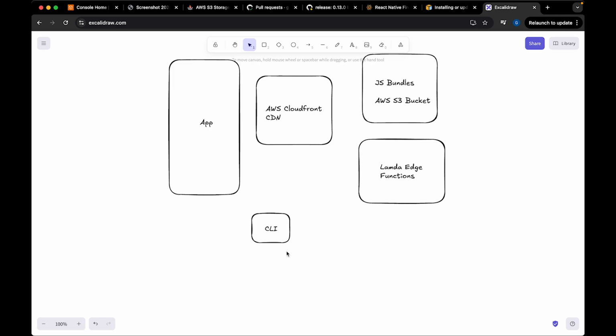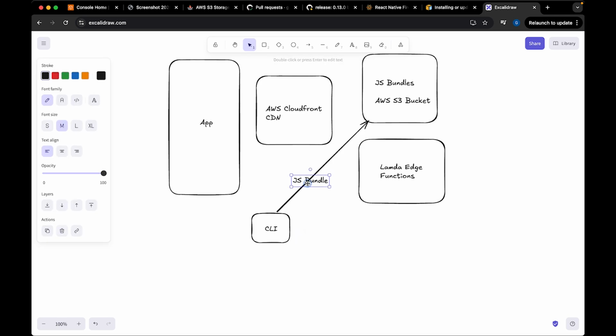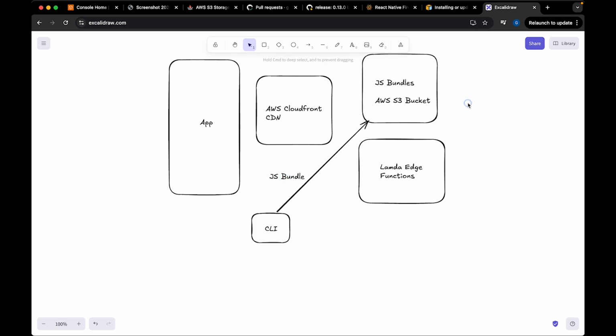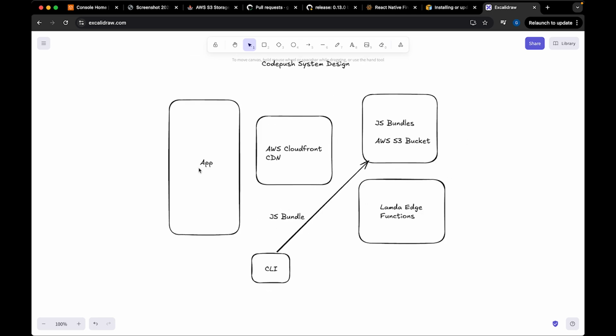going to generate a bundle. Okay. So we are going to generate a JS bundle, and then we are going to upload it to an AWS S3 bucket. Okay. And then what is going to happen is, let's take